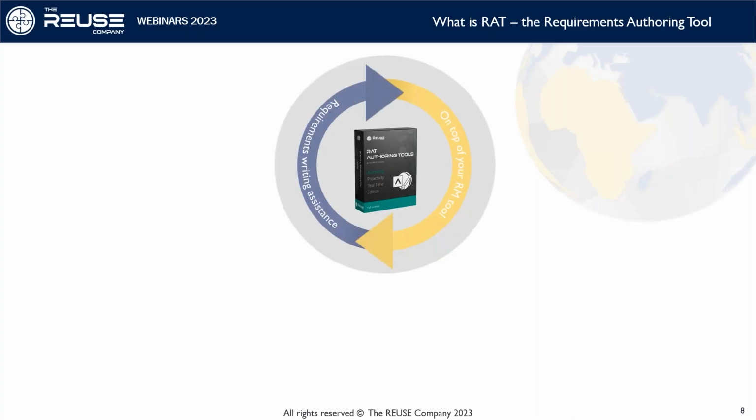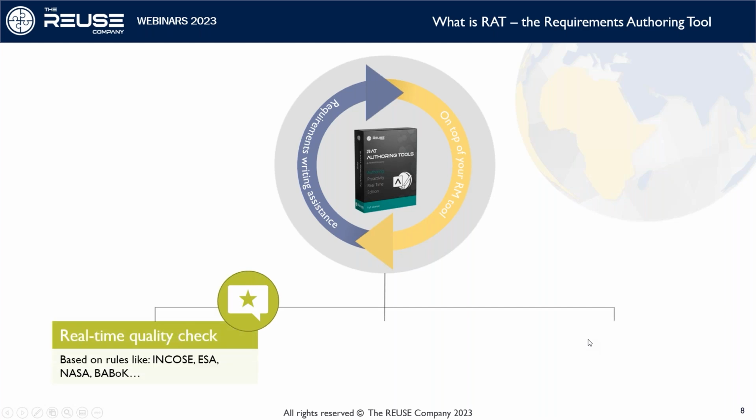So if you ask me to define in 2 words what the authoring tool is, I can say that this is a requirement writing assistance on top of your preferred requirements management tool. So in 2 sentences, that's all. And what are the features provided by the authoring tool? Mainly real-time quality check based on